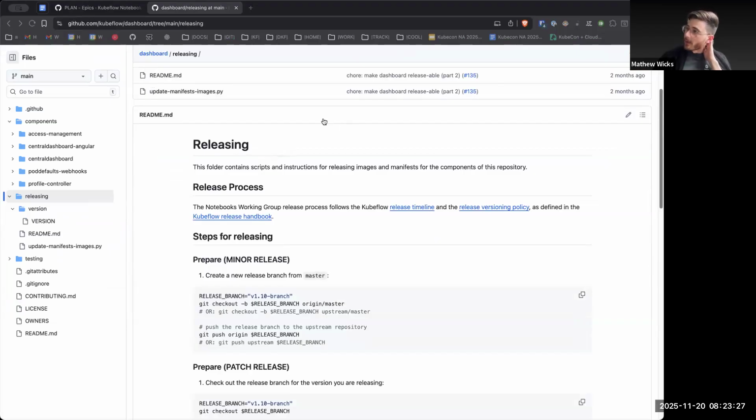But I think the one question is, we currently consume the dashboard manifests from the manifests repo in our install guide, is that correct? We're planning for Notebooks 2.0, and we've got a Notebooks 2.0 install guide. It points to the manifest repo, or does it actually go to the dashboard repo? Points to the manifest repo right now. So there's a debate as to whether we should cut a release and then start pointing to that one. Of course, we would not be able to point for the auth, so maybe it's not worth it.